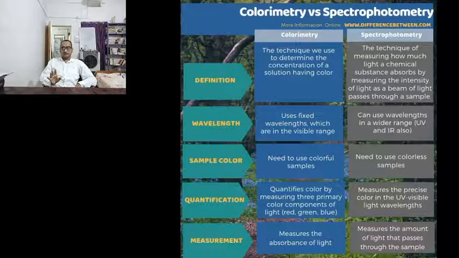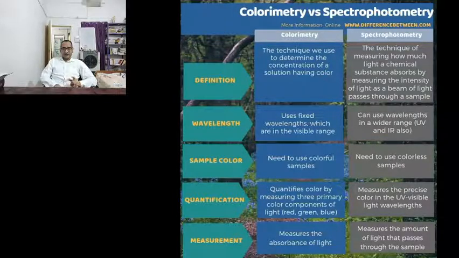In spectrophotometer, there is a cuvette where we can place our liquid sample. In colorimeter also we use a cuvette. The liquid sample will have a color and it absorbs its complementary color when a light beam passes through. So even if the solution is having color, you can take the reading in the spectrophotometer. But if the solution is not having color, in that case also you can take the reading.